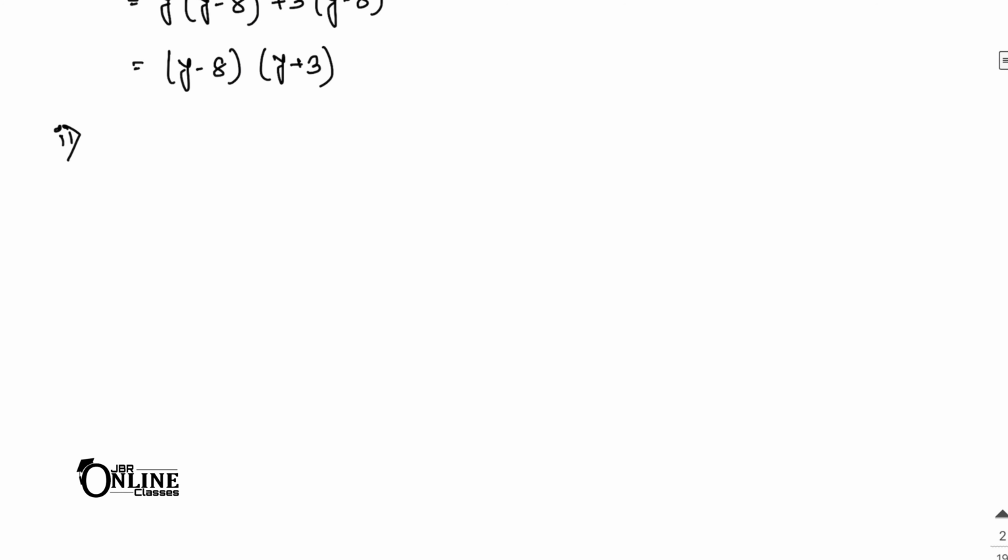Next, number 32. Here t square plus 23t minus 108. So as here t square, so one coefficient, so 1 into 108, it becomes 108. Then divided by 2, it's 54. Then again divided by 2, it's 27. Here 3 9, then again 3 3. So now here you have to make 23.